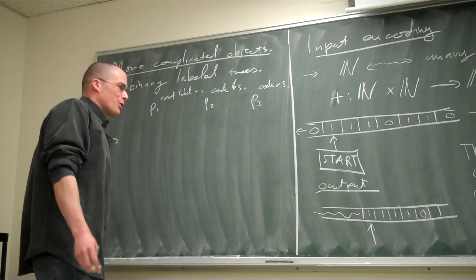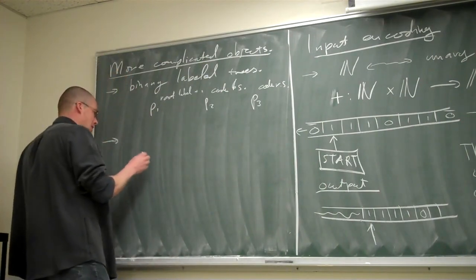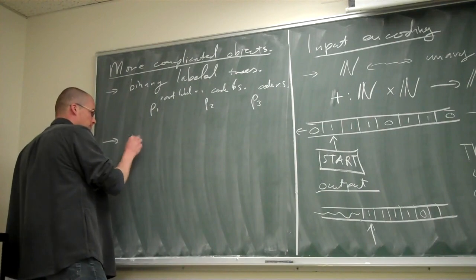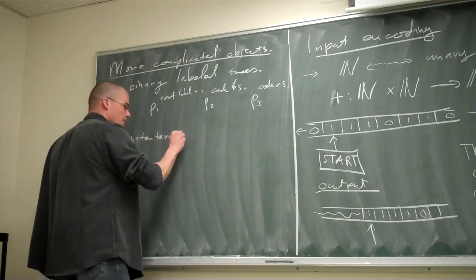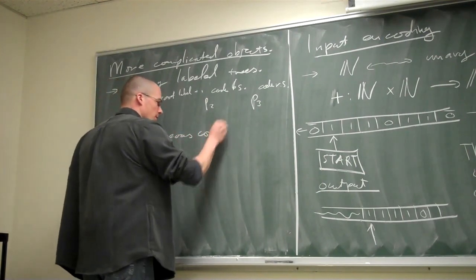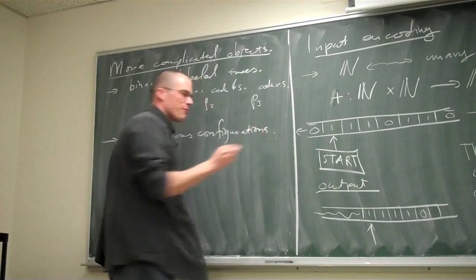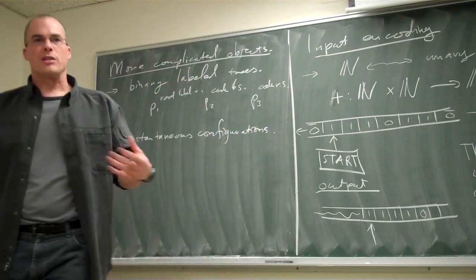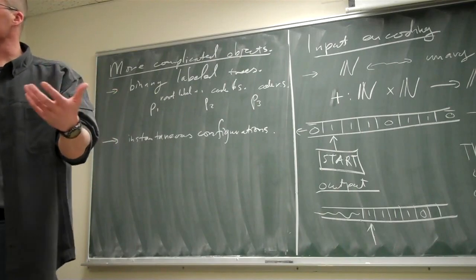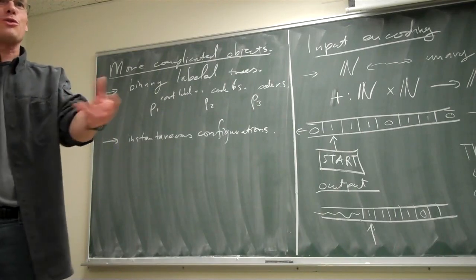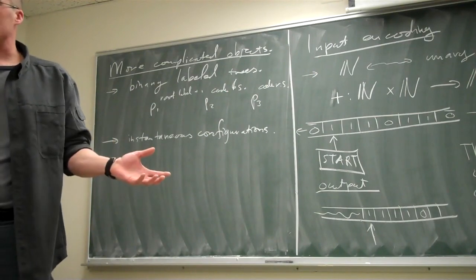Well, and so then what do you want to be able to encode? Well, for instance, you want to encode, let's call them, instantaneous configurations, right? The Turing machine goes along and it's computing, and you would like Turing machines to be able to use as their inputs and their outputs configurations of Turing machines.